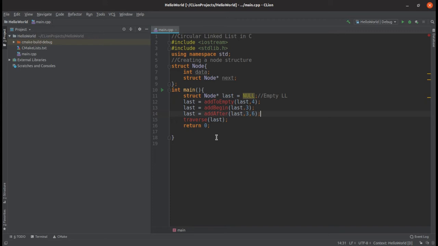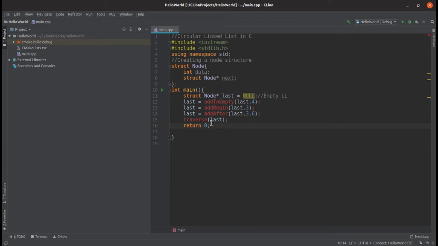And the add after function will pass the last pointer and where you want to insert the node. Like if you want to insert 6 after 3, you are going to write it like this. And all these functions have a return type struct node pointer because they are going to return the last pointer,